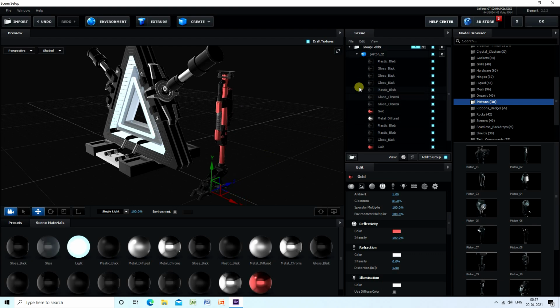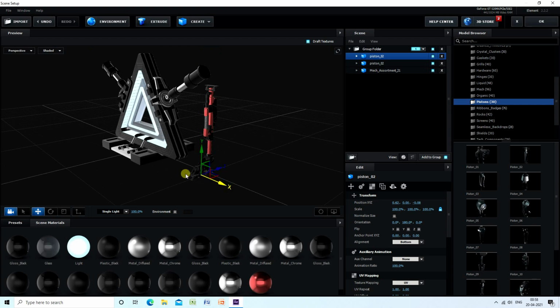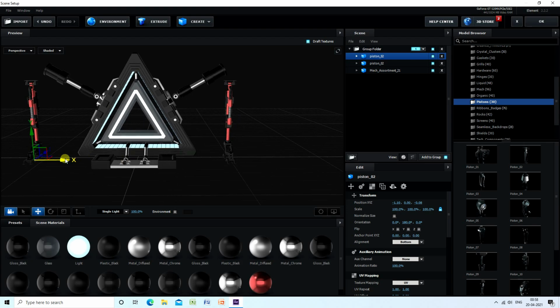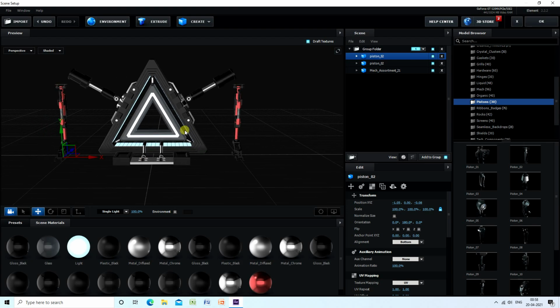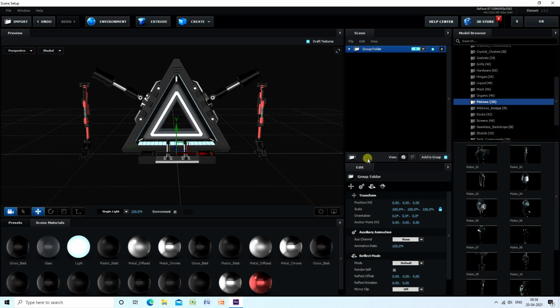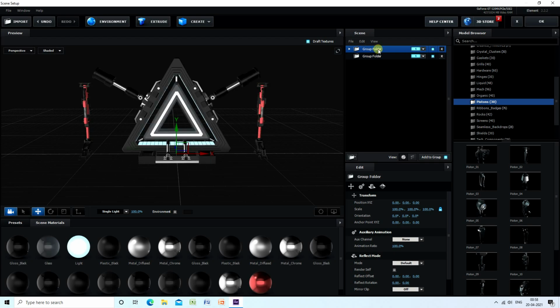Okay, so select this Piston and duplicate it, Control D, copy, and go to the right side. Yeah, better, right? See guys, that's my layer 1. Now I create the second one. So again click on this group and unchild. See, that's my folder 1 and the second one, folder 2.